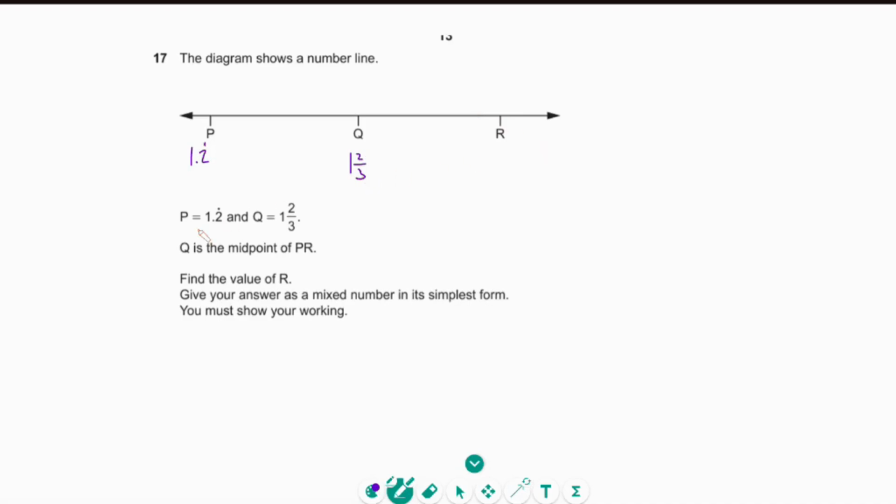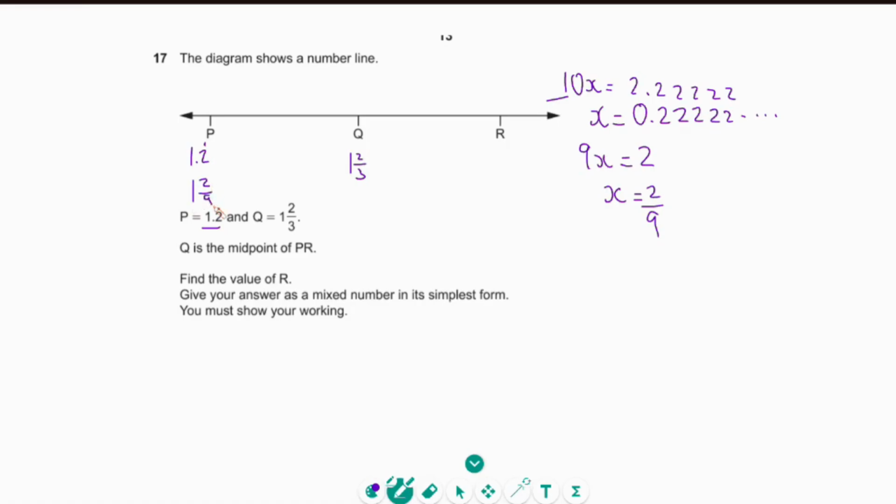I'm just going to turn this recurring decimal into a fraction first. So I'm just going to subtract the 1. X is 0.2 recurring. Times them by 10. Subtract. 9x is equal to 2. X is equal to 2/9. So this is the same as 1 2/9. Okay, so we have 11/9